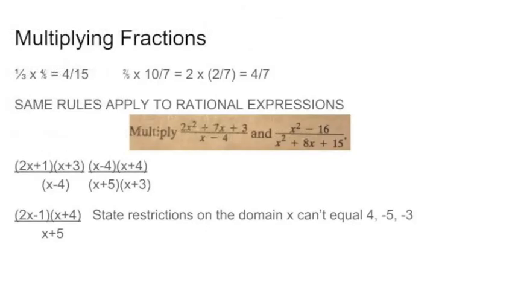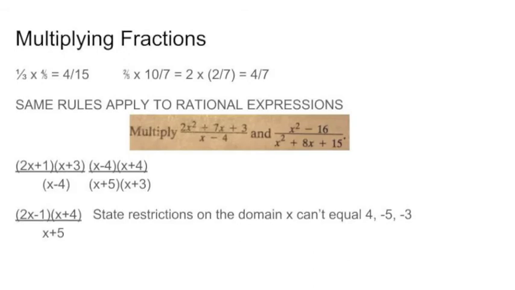Okay, multiplying fractions. Let's start back at the basics. Like for instance, if I have 1/3 times 4/5, we do 1 times 4, which is 4, and 3 times 5, which is 15, so 4/15. They don't share a common factor, so that's it, we're done. You just multiply straight across. So that's why when we have 2/5 times 10/7,